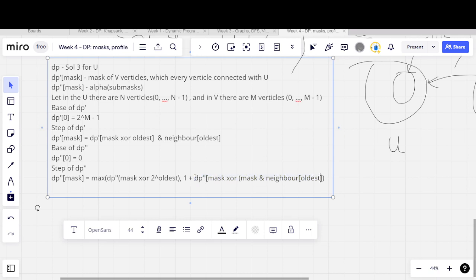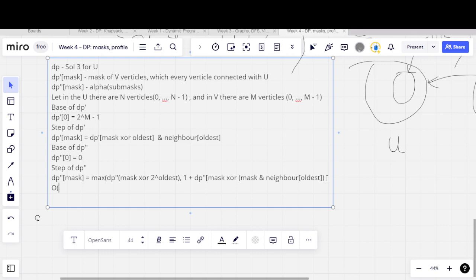Okay, once again, in this condition we try to do submask that includes oldest, that doesn't include oldest, and we try to take maximum from the oldest solution,